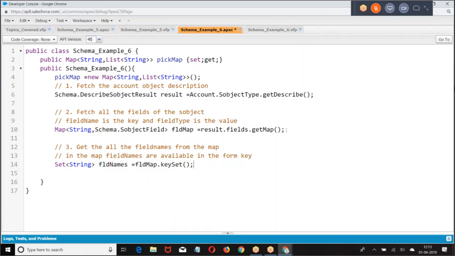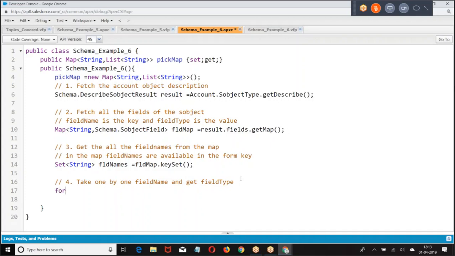Get all the field names. Once you got the field names, take one by one field name, get the field type.